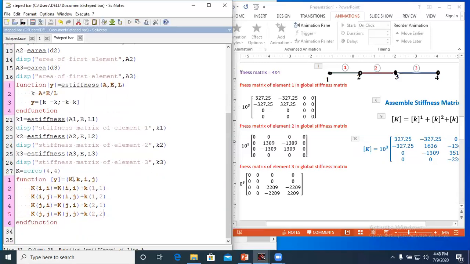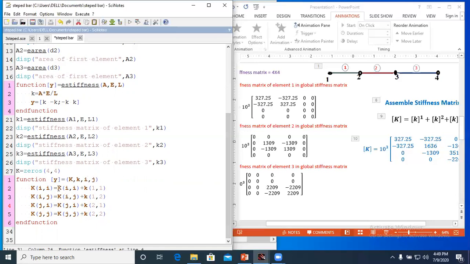Now how it will work, I will show you. If I transfer this K into this function, this K is a matrix of zeros with 4 columns and 4 rows. In place of this k, I want to transfer this k1, which we have calculated here. Now in the first step, i is equal to 1 and j is equal to 2.